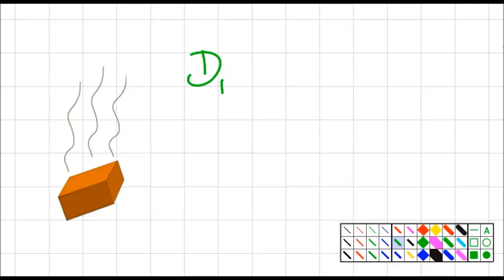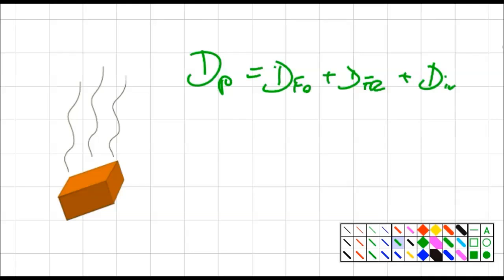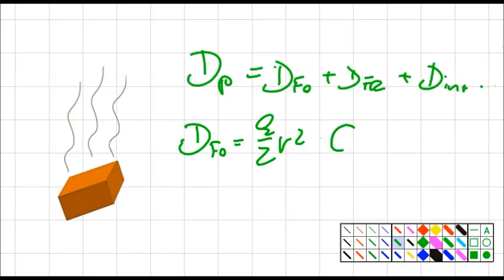parasite drag. Right. Parasite drag is form drag plus skin friction drag plus interference drag, etc., etc. Let's just look into form drag. Form drag is ½ρV², which is our dynamic pressure, or somehow an expression for our kinetic energy, times C_DFO, the coefficient of drag for the form drag specifically, which obviously covers the elements of the form of the object